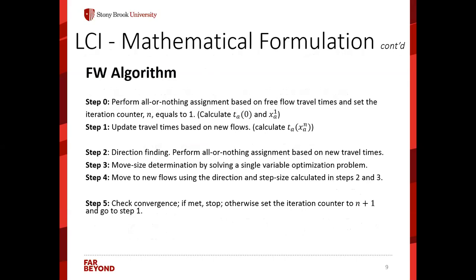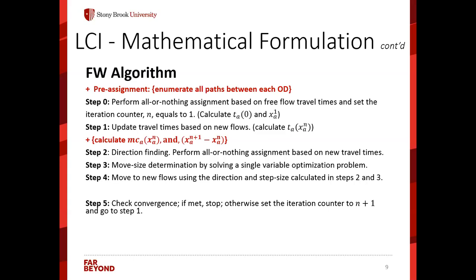And the way to implement this in the Frank-Wolfe algorithm is we basically don't change anything, but we do a pre-assignment where we enumerate all the paths between each OD. So the way I'm talking about this LCI requires path enumeration so that we can figure out all the ODs and the paths, then we can compare and come up with those coefficients that I mentioned previously. Then for each iteration, we calculate marginal cost and the flow increases, and we calculate those coefficients within the steps, and at the very end, we calculate the LCI. So basically, after one user equilibrium, we have the LCI score for that link.